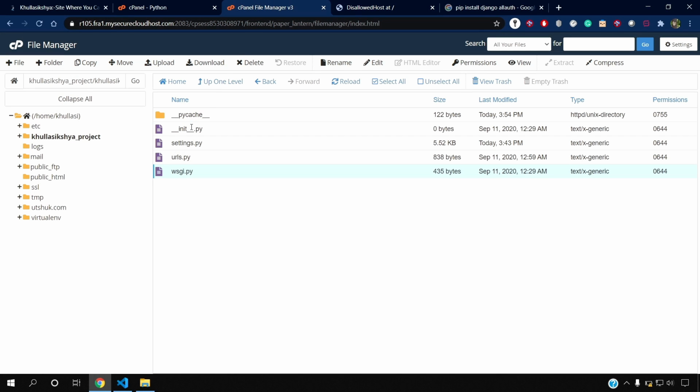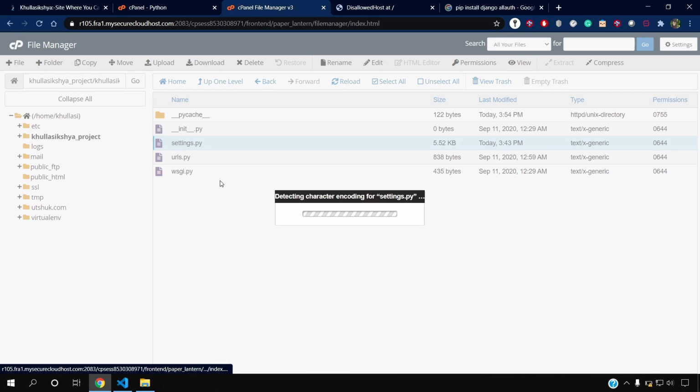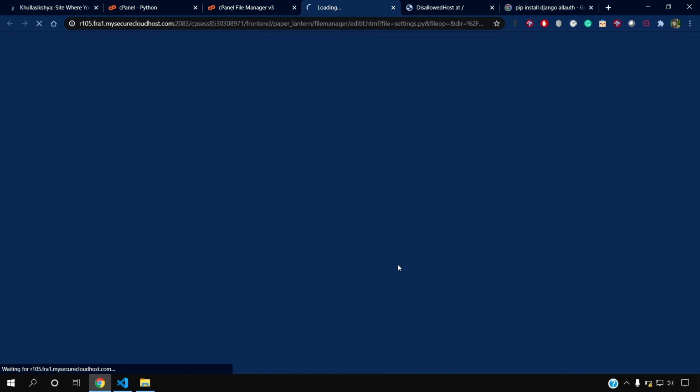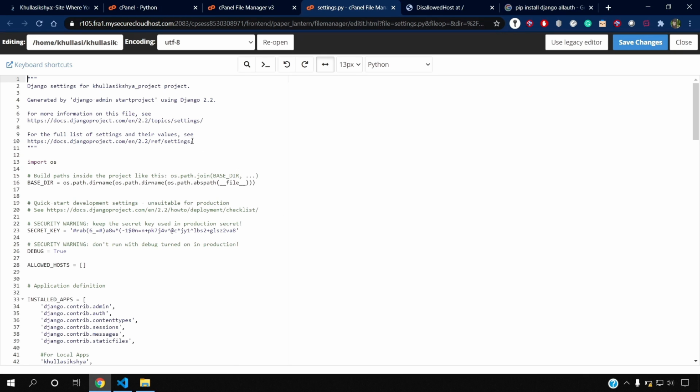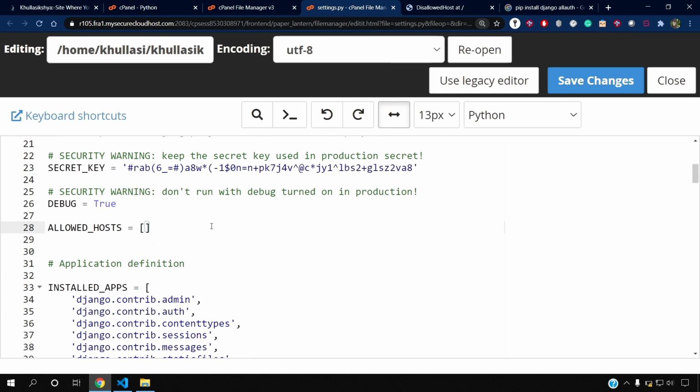So let's move to settings.py here and edit it, and now you need to give the allowed hosts here. I will zoom in a little bit. So here you need to give khulasiksha.com, and comma, www.khulasiksha.com.